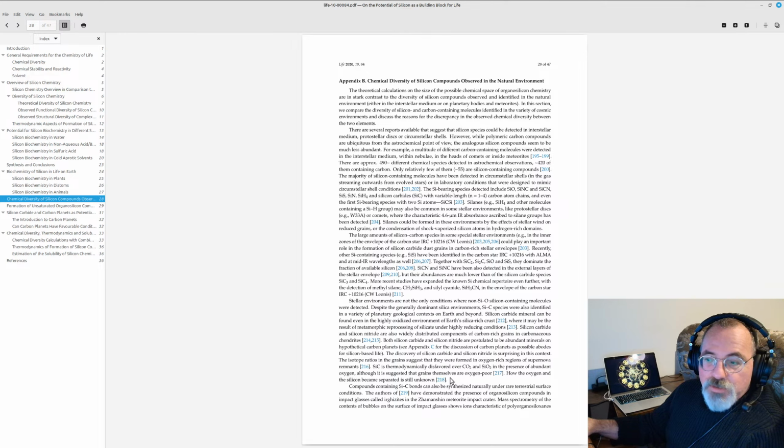And if we can figure that out, then speculating on how that could happen on a planet towards the synthesis of life would be very useful. Because remember, that silicon-oxygen bond is extremely strong. So breaking it up is important, or an environment where that silicon-oxygen bond is not favored.